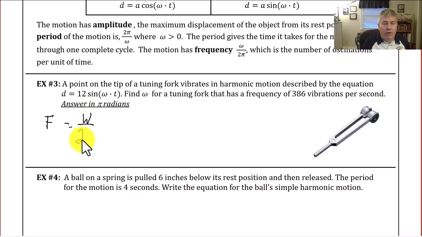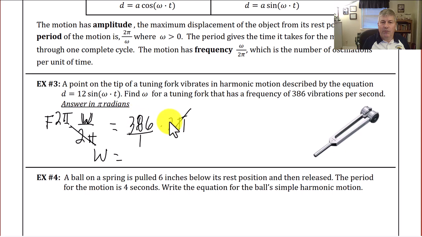is omega over 2 pi, and that equals 386. And we want to solve for our numerator here. So if we multiply both sides by 2 pi, the 2 pi cancels, because I multiplied this side by 2 pi, and I get omega equals 386 times 2, we get 772 pi, and that's radians